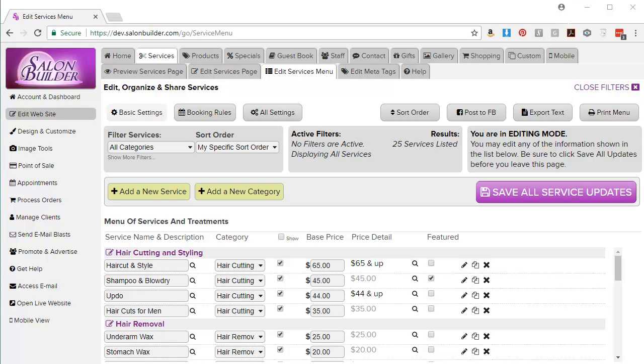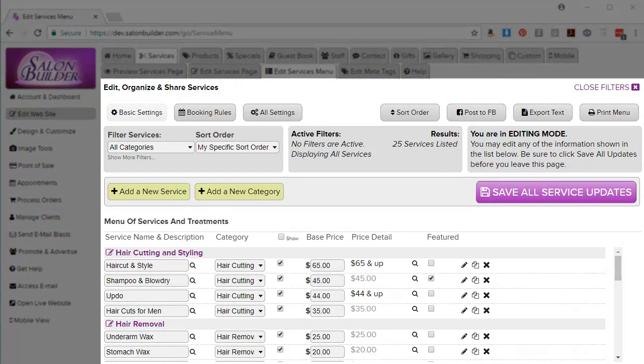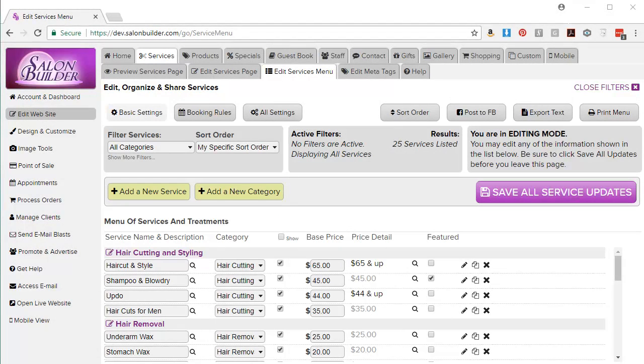In this video, I will explain how the new editing grids work for each section of your website. To make the process of managing your services, products, special offers, and other menus easier, we've created these grid pages that display all of your items in one place. You can edit multiple items at one time using these grids and then press Save to publish all the changes